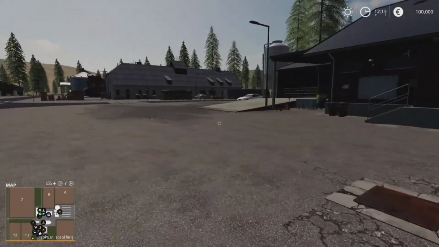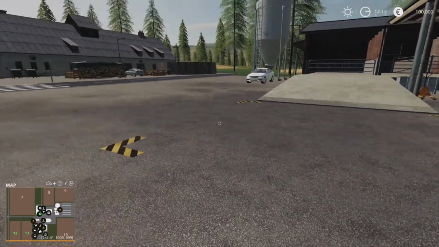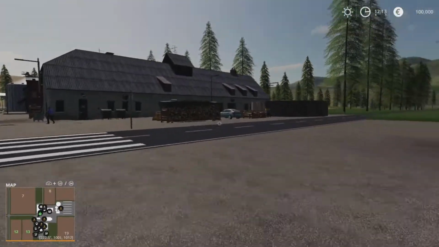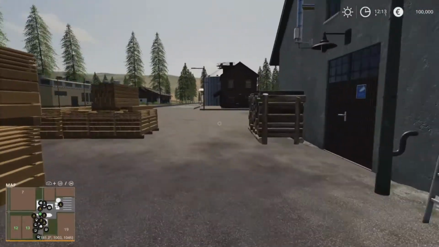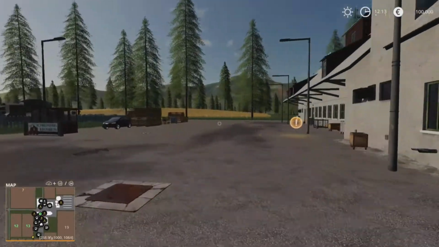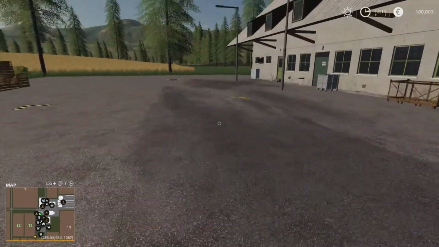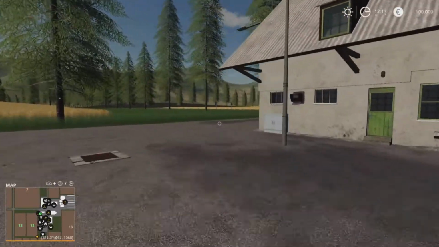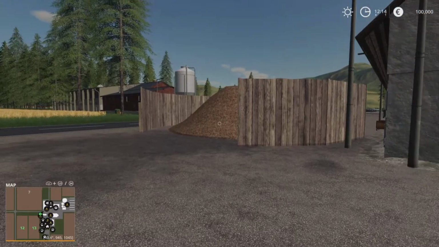And then just here is going to be your bale sell point, and then just over here is your sawmill. See what I mean about it all being on top of each other. So you've got your lumber trigger just there. Just round the back you've got your wood chip sell point there,